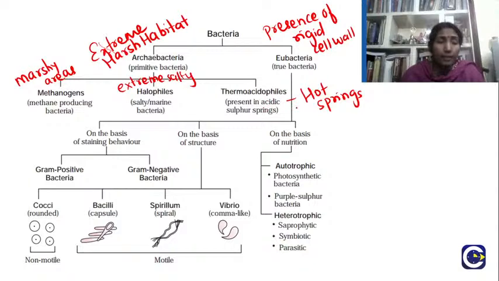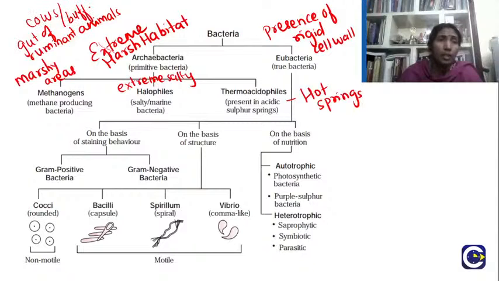Next, the eubacteria. Okay, so this is where you need to know. Methanogens are present mainly in the gut of ruminant animals like cows, buffaloes, the herbivores, and they are very much essential for producing the gas methane. And what is that? Methanobacterium, or it is also called Methanococcus. They will ask this in MCQs, so this is very important from the examination point of view.